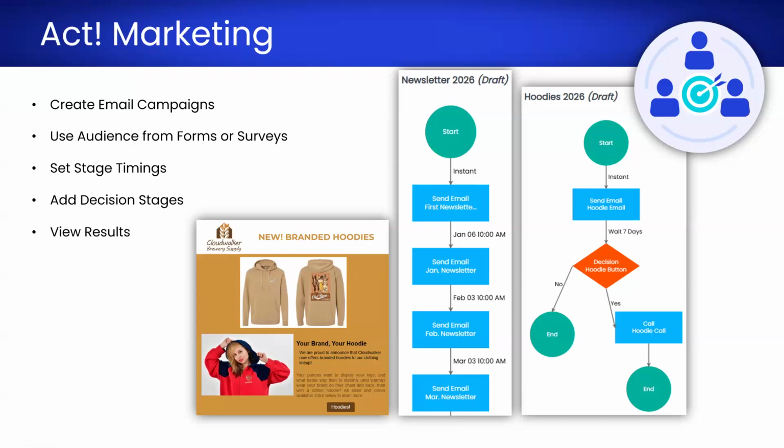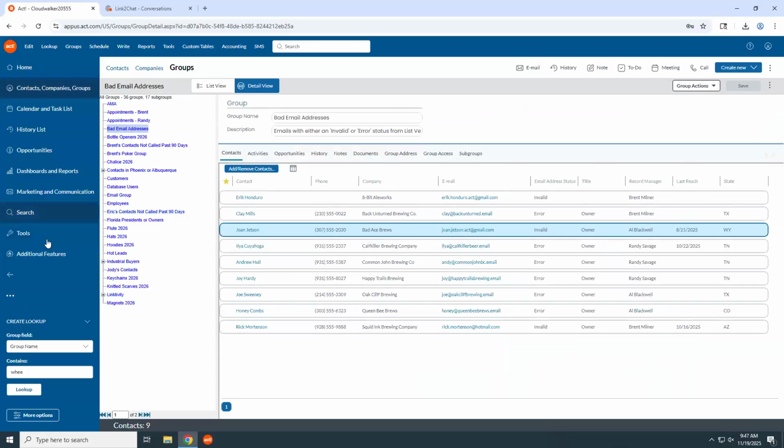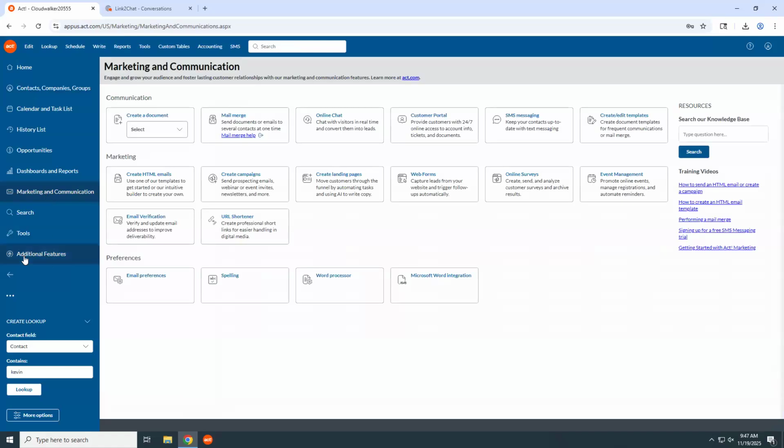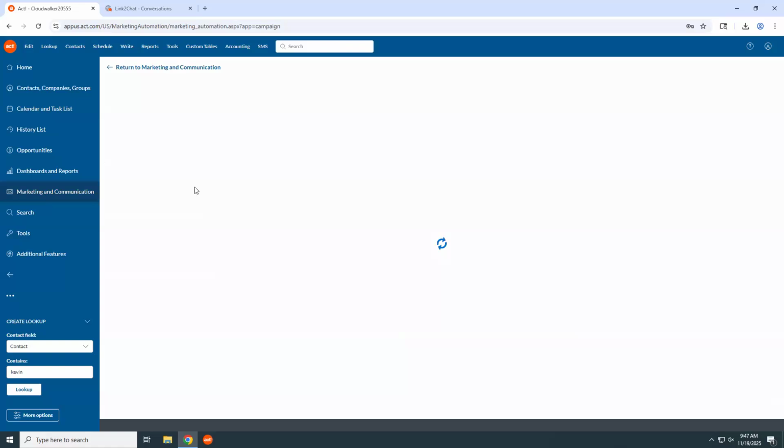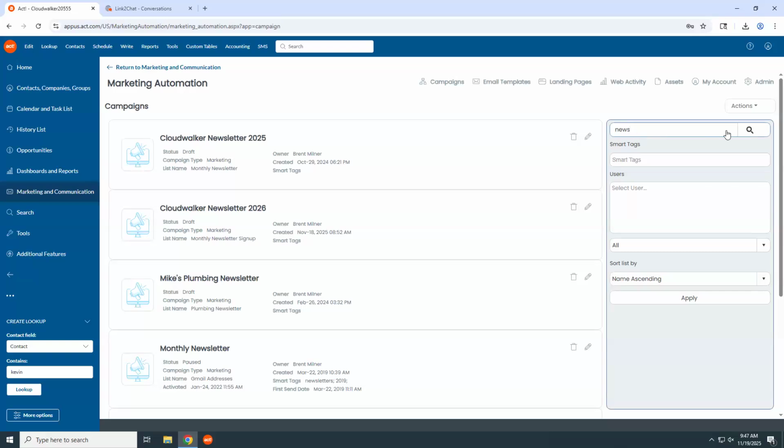Let's jump into ACT once again. And we'll go into the marketing and communication area of ACT. Up until now, we've been in additional features, but now we're going to marketing and communication. And what we're going to do is click Create Campaigns. Now, the first campaign that I want to look at is my newsletter campaign. So as ACT is going to load, I think I have a lot of campaigns in here, so it's taking a little bit. But as ACT loads these, I'm going to search for news, and we'll see that here's a newsletter campaign that I created